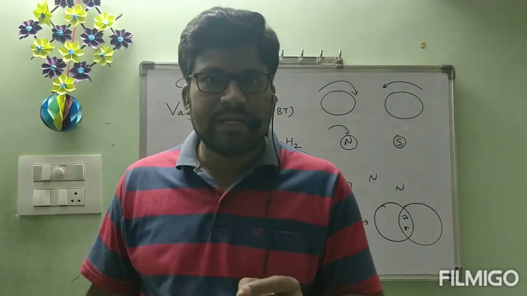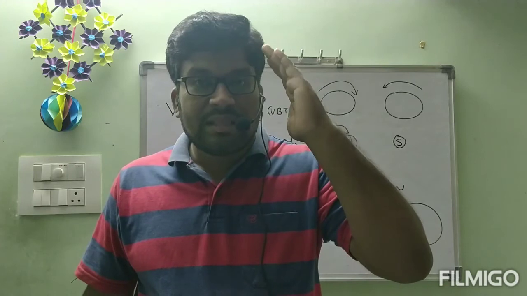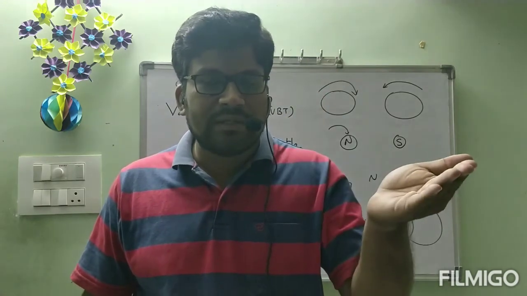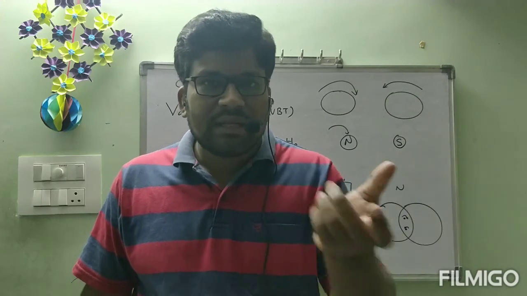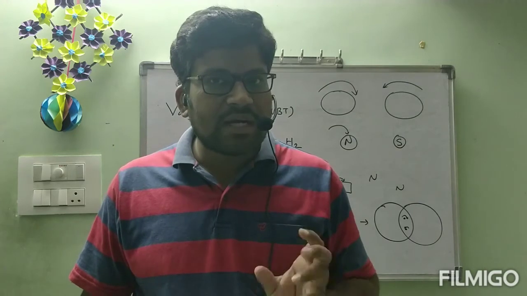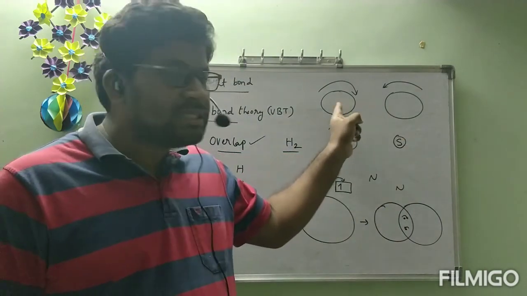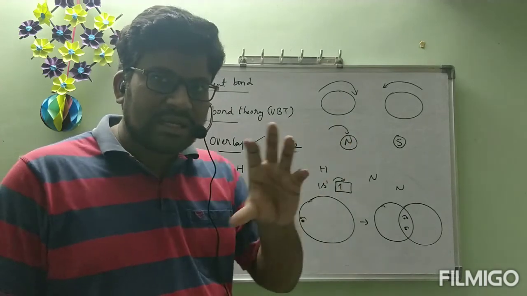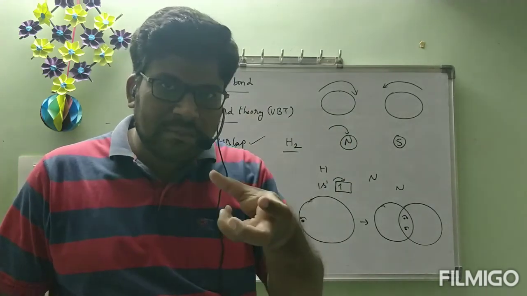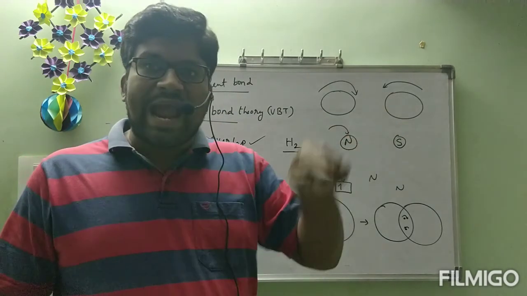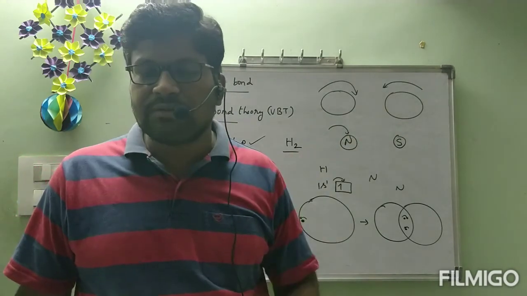Because to get stability, that wish to get stability is going to dominate. Because of that, they are going to change the spin. Because of the change in spin, what happened? The electron which spins in clockwise direction develops a north pole, which means one pole is developed, which means a magnetic field. The electron which spins in anti-clockwise direction develops like a south pole.